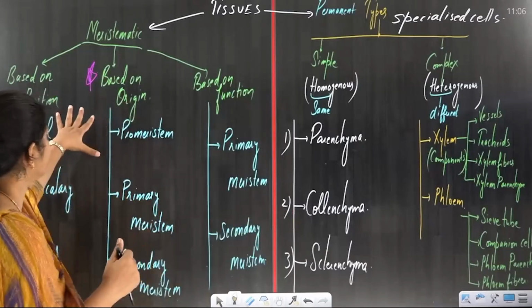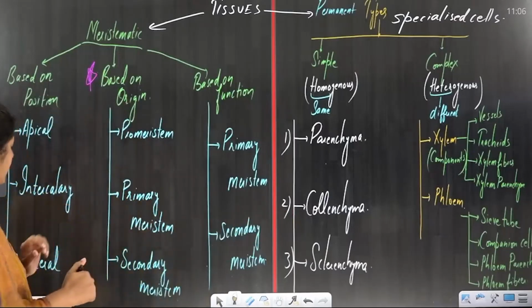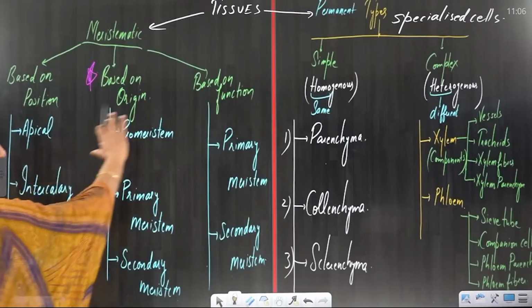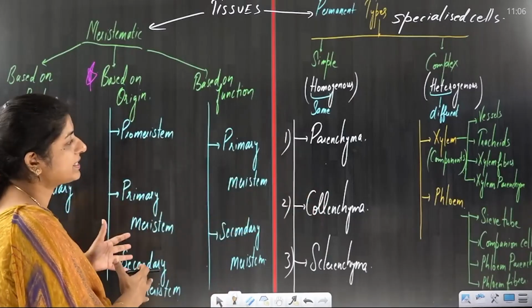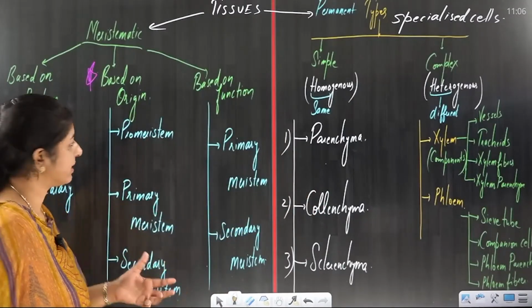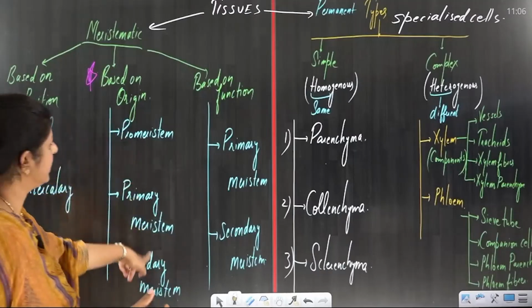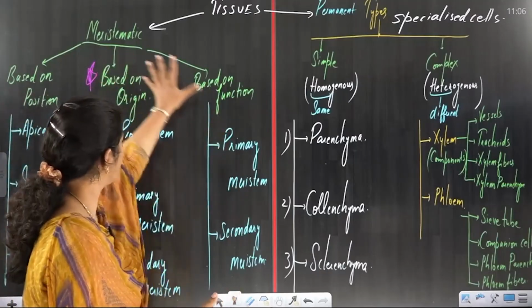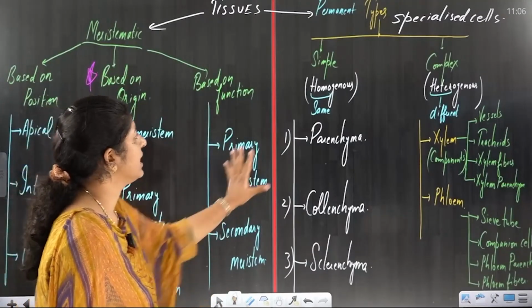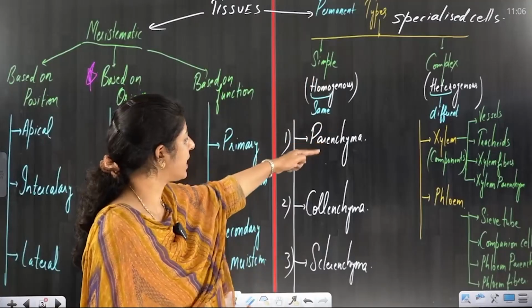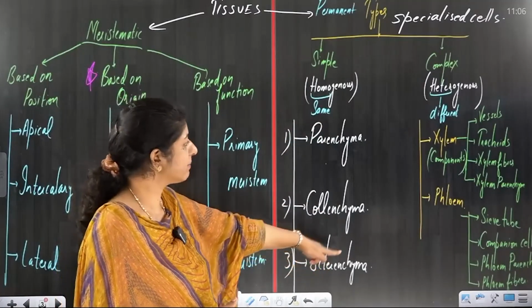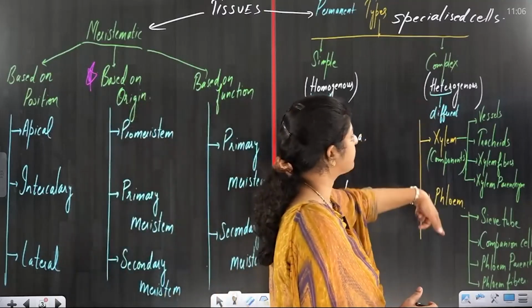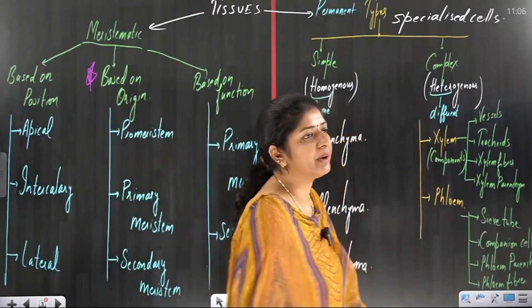Right, now coming back to the meristematic one, let's check this. This is like a map in front of you, which we discussed in our full session, and today we are going to revise it. We already discussed this part, this one and this one, which means all the meristematic types. We already discussed parenchyma and collenchyma. Today we are going to complete sclerenchyma and the complex permanent tissue, which is the pending part, right?